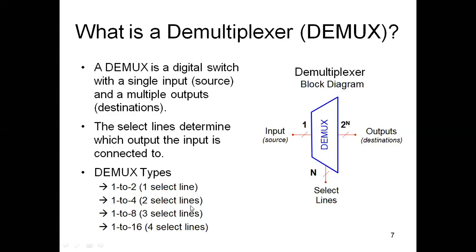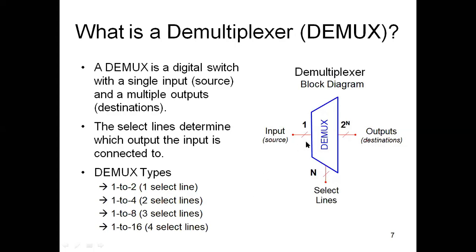And a 1 to 4 demultiplexer. Here you pass 1 as input and it produces 4 outputs. 4 you can write as 2 power 2, that is n is equal to 2. So here how many selection lines are required? n is equal to 2. Consider a 1 to 8 demultiplexer. You pass the input as 1 and it produces 8 outputs. 8 can be written as 2 power 3, that is n is equal to 3 selection lines.